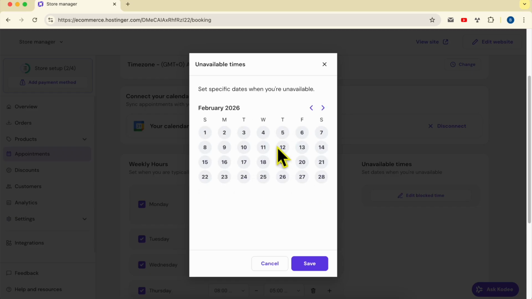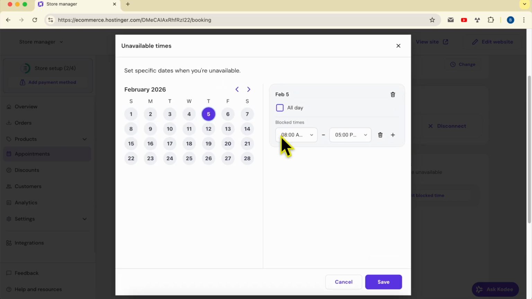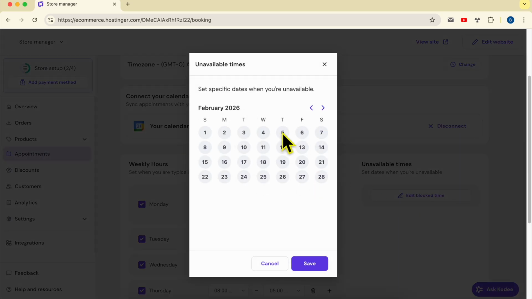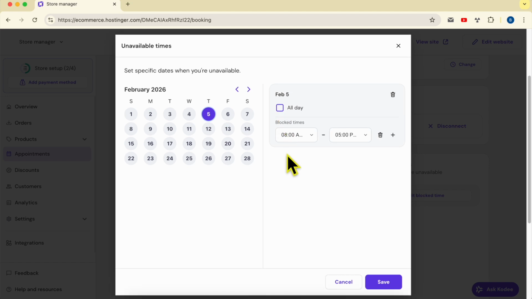Let's say that on the 5th of February next month, I am not available. 5th of February, click on it. Here you can block all day like this, or block just, for example, a time slot. For example, from